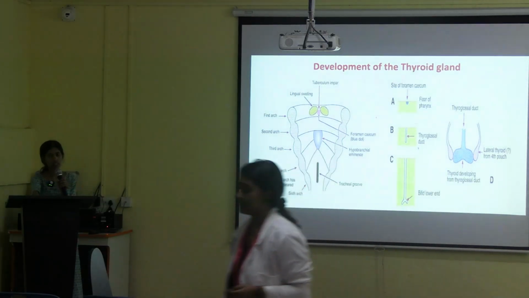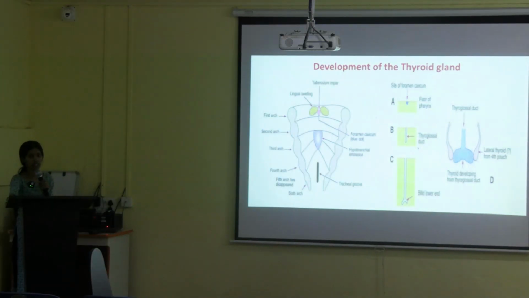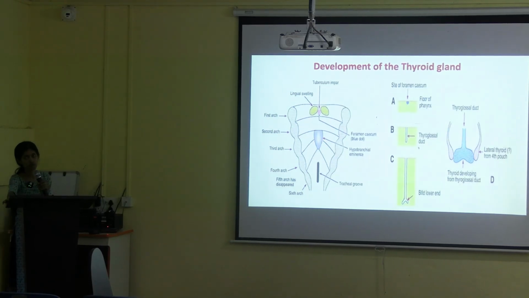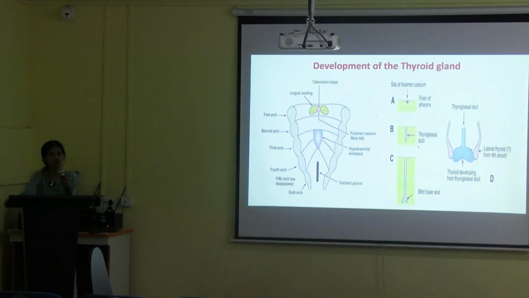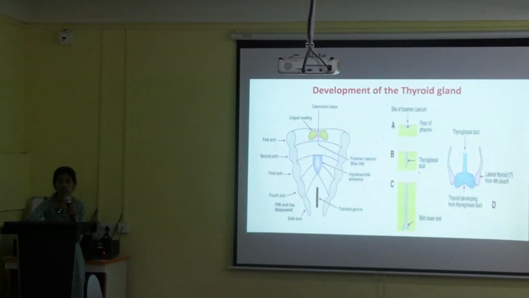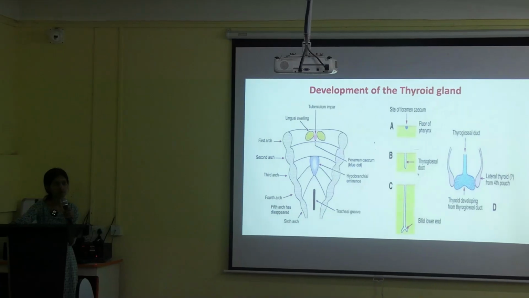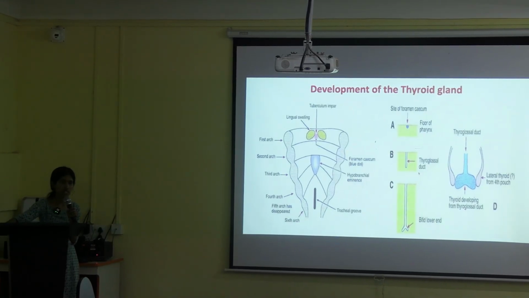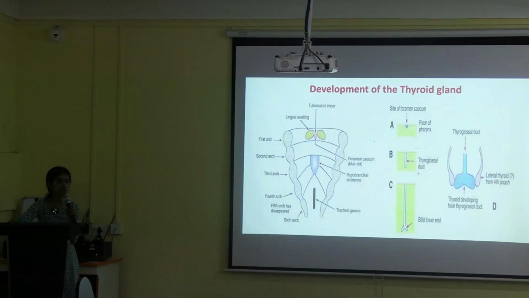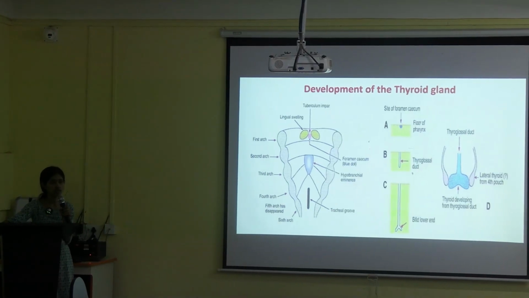Okay, we'll discuss the development of the pituitary gland for 20 to 30 minutes. After that, you can do the revisions. So, tell me about the development of the pituitary gland. It starts in the 4th week of the gestation period. It will start developing in the 4th week of intrauterine life.